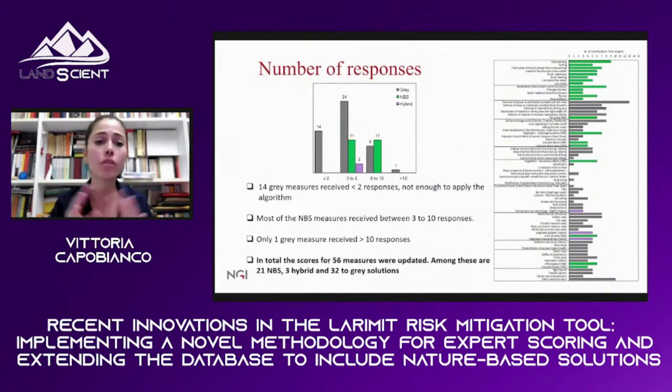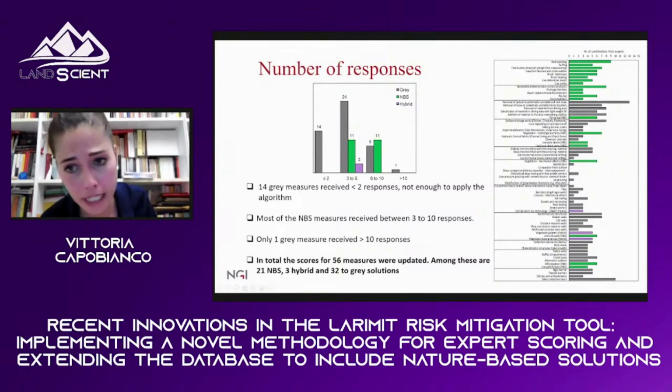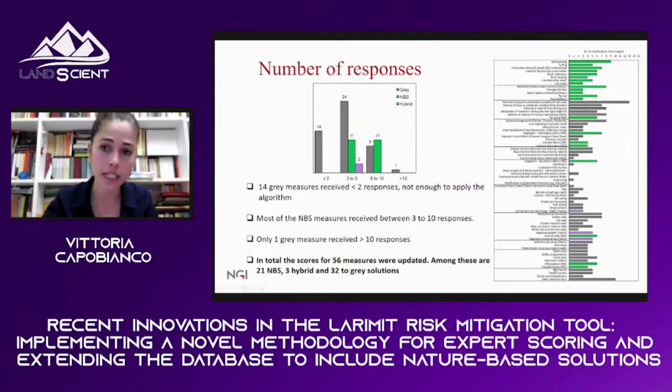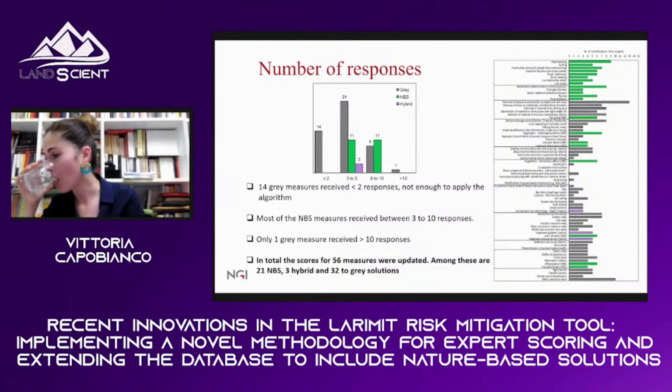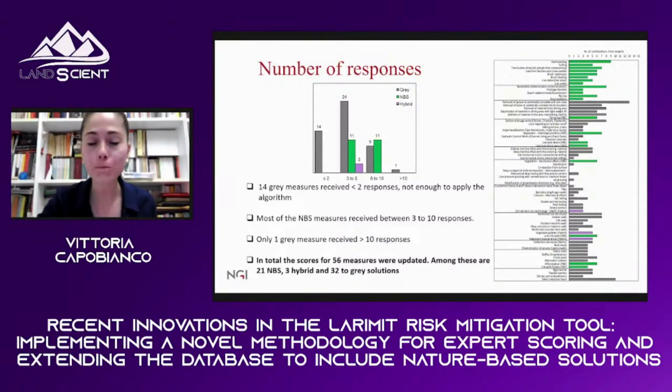Here is just an overview of the number of responses that we got. So on the right-hand side, you see the list of all the AD mitigation measures divided in categories, as I said earlier. And the colors mean MBS, the green ones, gray are the conventional, and purple are the hybrid solutions, which is a combination of both MBS and gray. And you can see that on this other graph, we have an overview of the number of responses for each